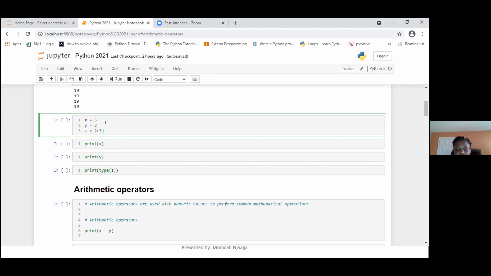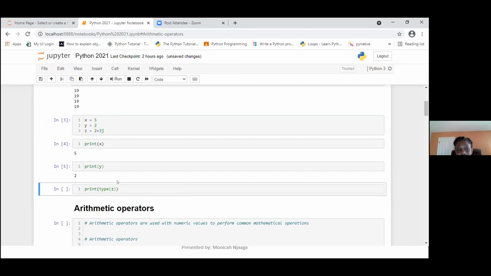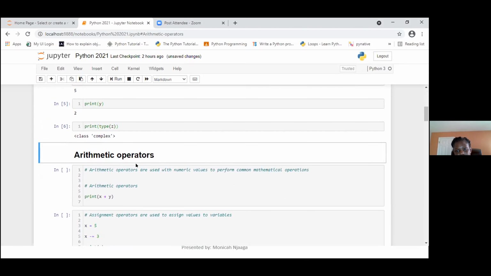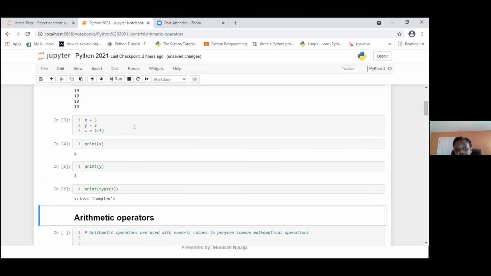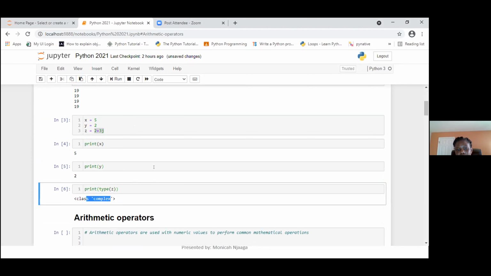And then we also have the floats, which I have as 2.0, and this is how you write a complex number. So for now, and for the purpose of running our code and seeing what we just talked about, I'll just go ahead and print some of the variables that I have here so that we can see exactly what we are doing. And another one here, and I'm sure you've seen that in the notes, or you will see as we go by, you can always check what type your variable is. Like this one, we said it's a complex number, so it gives us a complex.